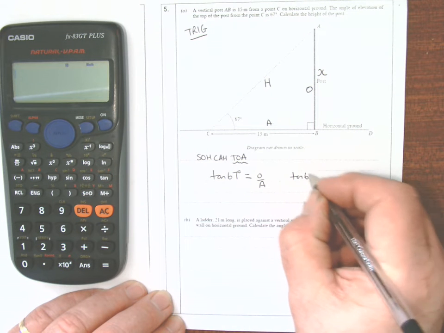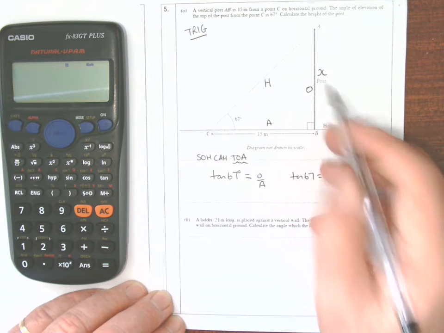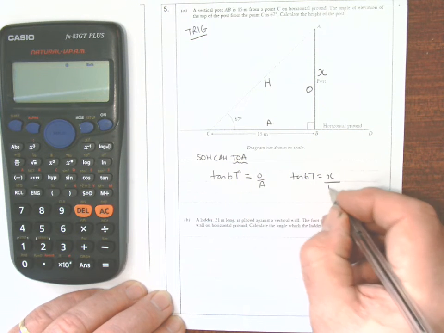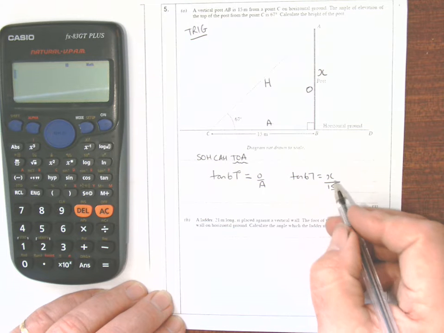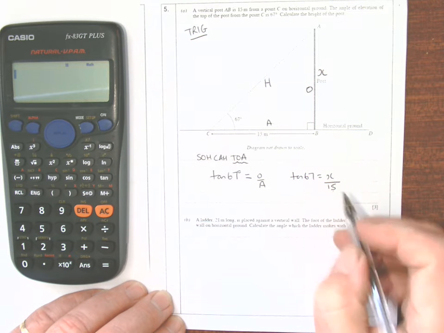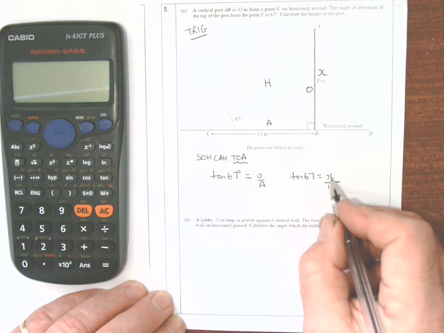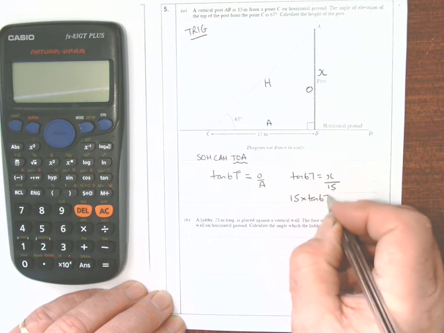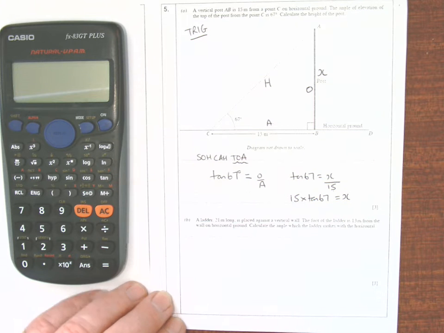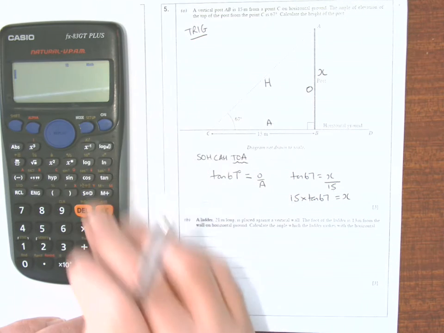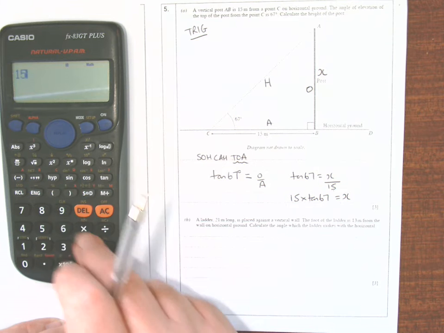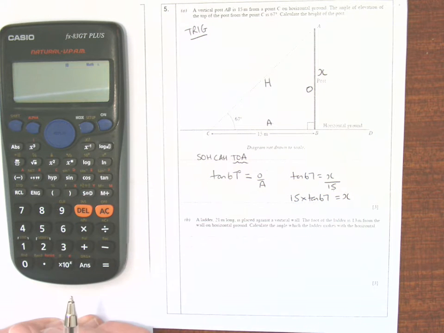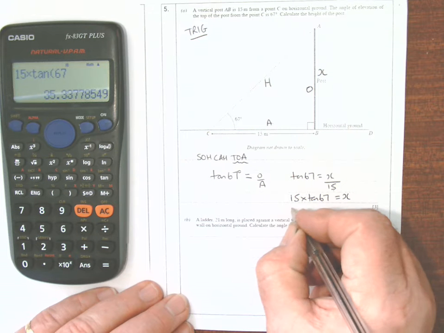So tan 67 is O, which is, I'm trying to find x, divided by A, which is 15. So x divided by 15. So take the 15 over the side. Opposite of divide by 15 is times by 15. So to calculate x, use that. So that's 15 times tan 67 equals. So x is